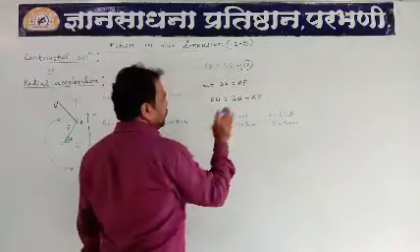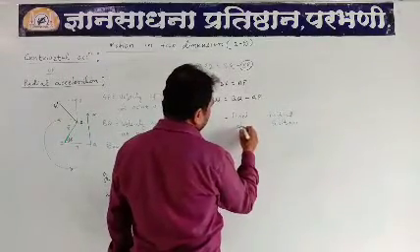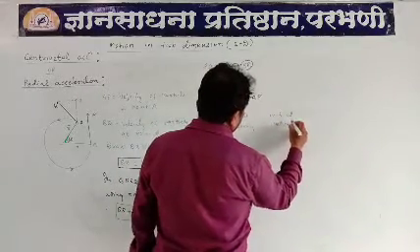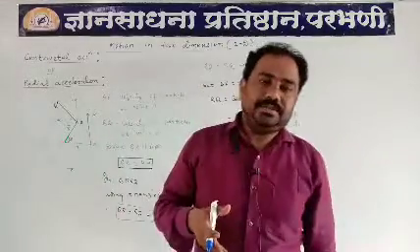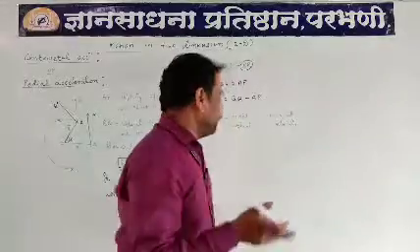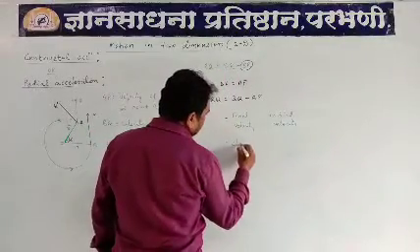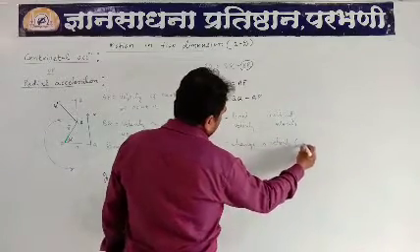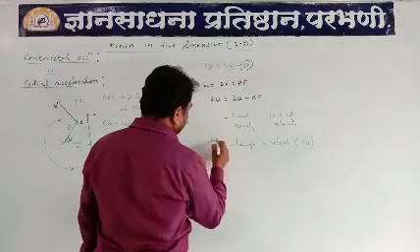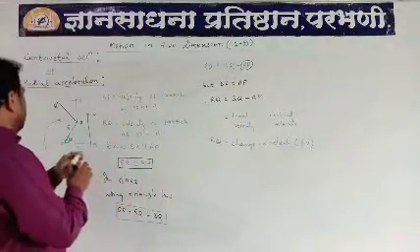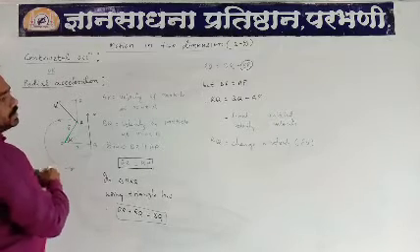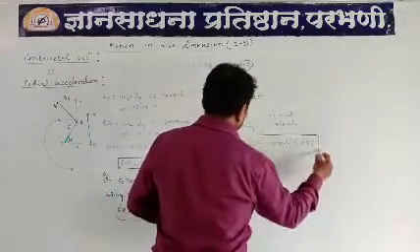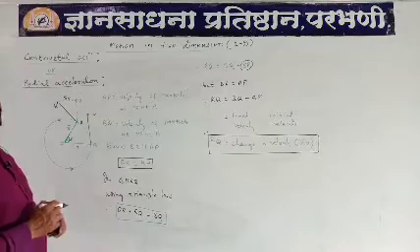So final velocity minus initial velocity, in short, means what? It means change in velocity. We have seen how to calculate change: final minus initial. So it indicates the change in velocity. And what is the notation for change in velocity? That is delta V. So RQ is the change in velocity, delta V.